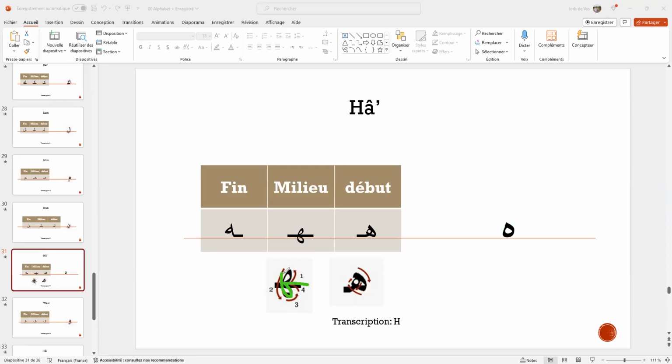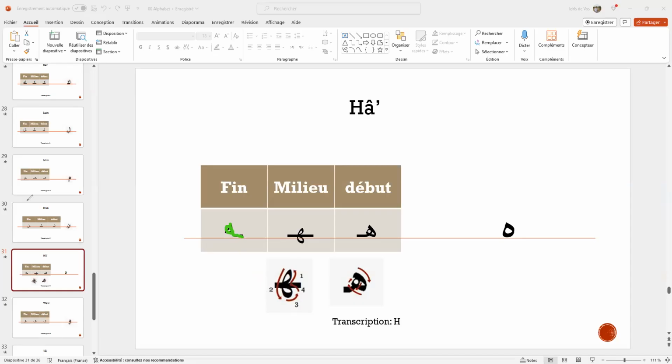And if you do it this way you get exactly the shape of an F in French, but written the other way round. So you really need to practice writing this letter, because too often you see people making an H instead. It's not an H. There you go. And at the end it has this form that we have here. Here again it's the same. Either you just make a circle like this, or you make a little upstroke first, before making this final form. There you go, so that's